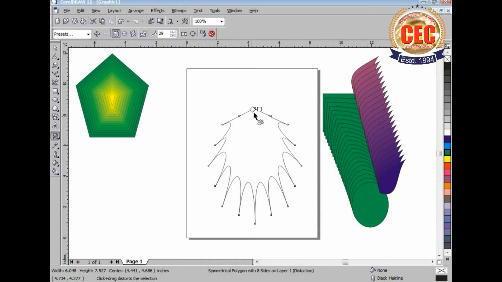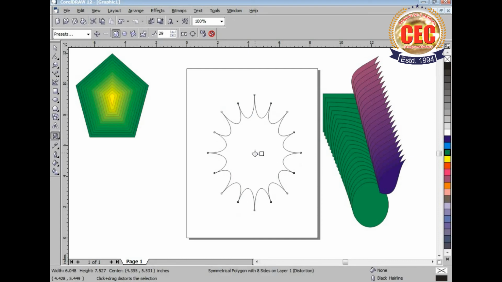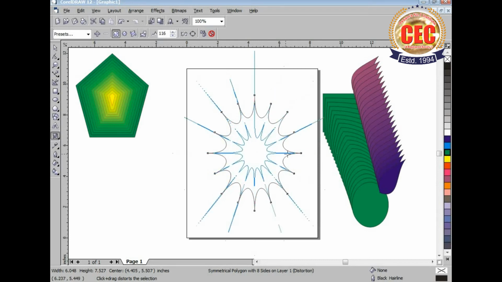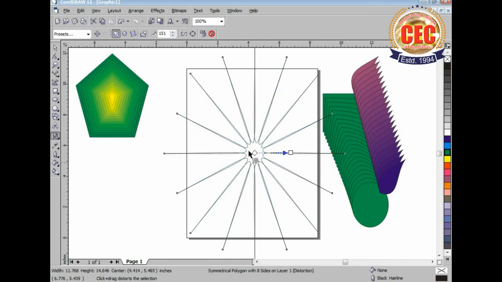After that, you can change this shape. For changing the shape, you need to click on this node here. We have two nodes present here. So we have to change the position of this node. I am bringing it to the center of the shape. Then you can see the shape has been changed. After that, we can also drag this square node, then a different shape will be created.